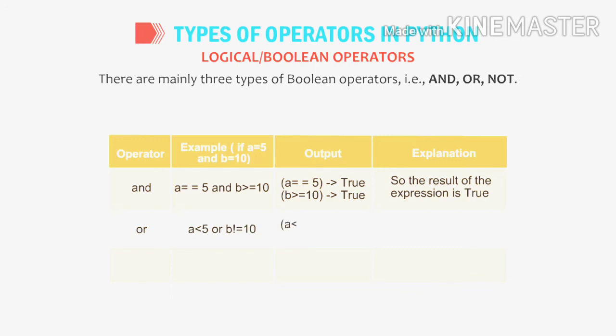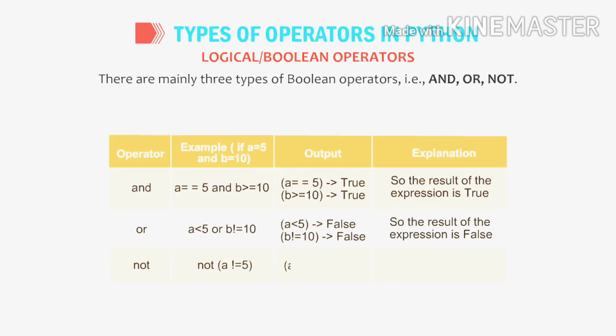The next one is the or operator. That is, if A equal to 5 or B not equal to 10, and both cases are false, then the result will be false. And the not operator shows the negated value, that is, A not equal to 5 is false. So the result of the expression is